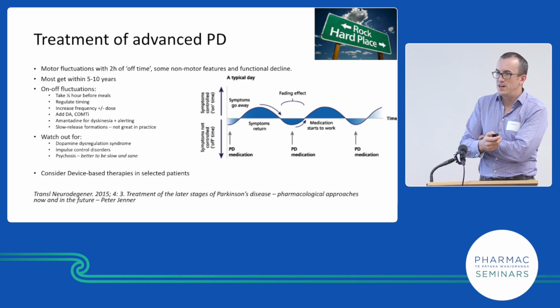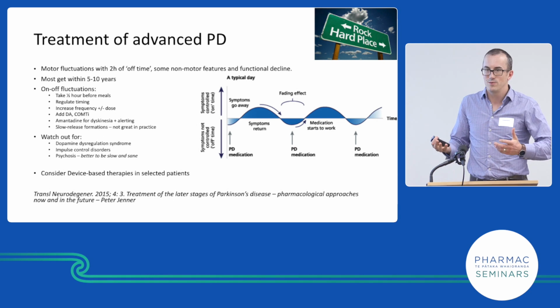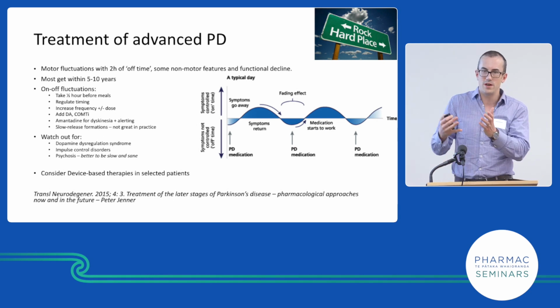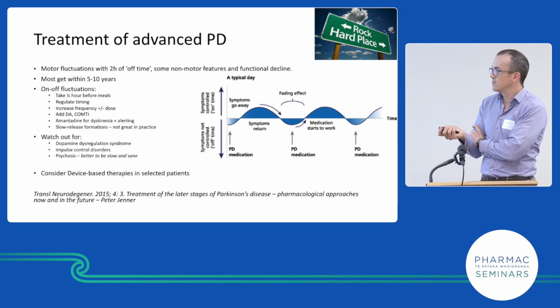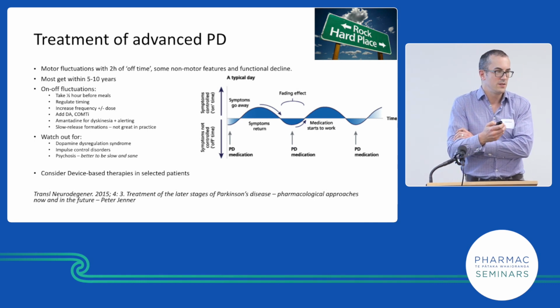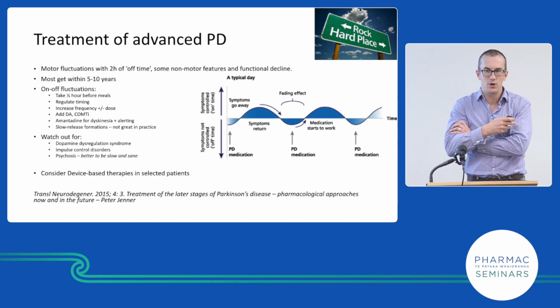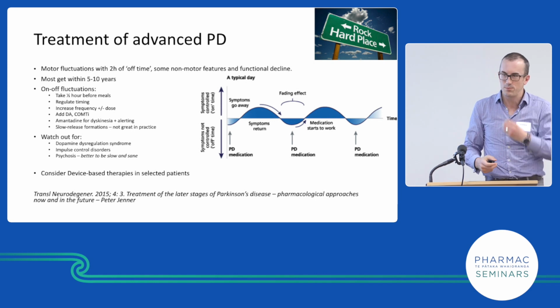There are lots of things to watch out for during that. Obviously, it's a fine balance, and you may get it wrong and go way too far one way or the other. Something called dopamine dysregulation syndrome can happen, and it's sort of like an addictive behavior from dopamine. So the typical person is a bit younger and they really hate being off. They'll have a pocket full of Madopas, and every time they start to feel slightly down, they'll pop one,